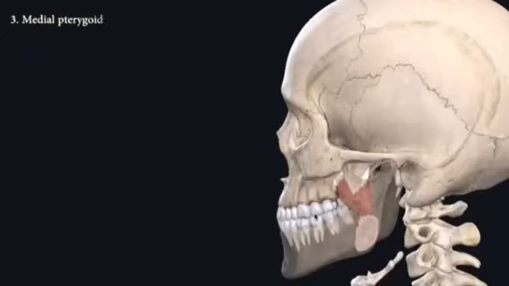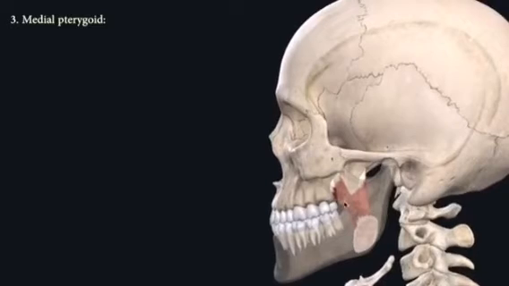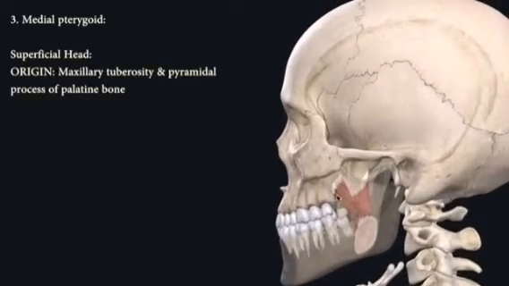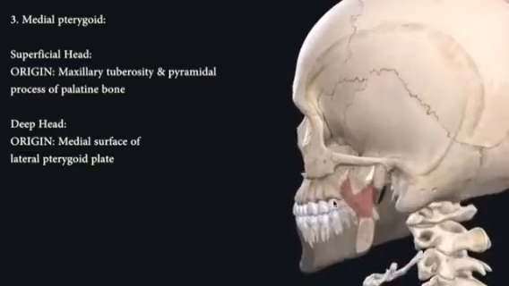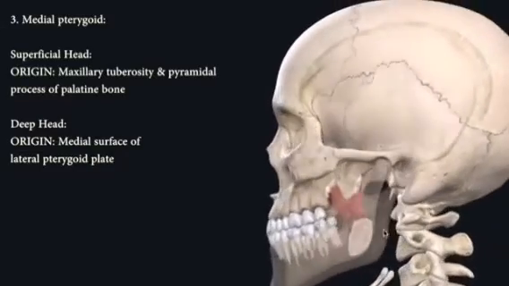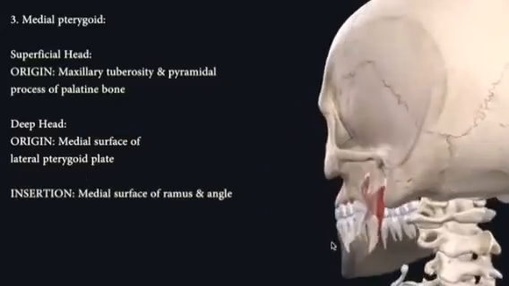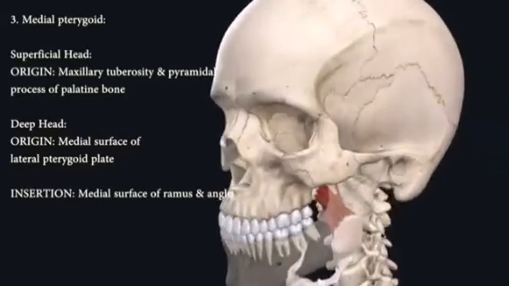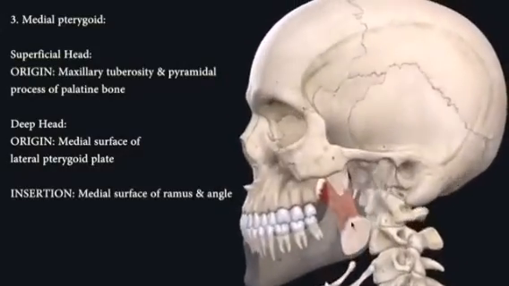Number three is the medial pterygoid, which divides into two parts, the superficial head and the deep head. The superficial head originates from the maxillary tuberosity and pyramidal process of the palatine bone, and the deep head originates from the medial surface of the lateral pterygoid plate. Both of these heads insert into the medial surface of the ramus of the mandible,